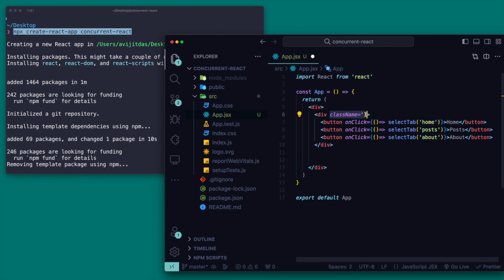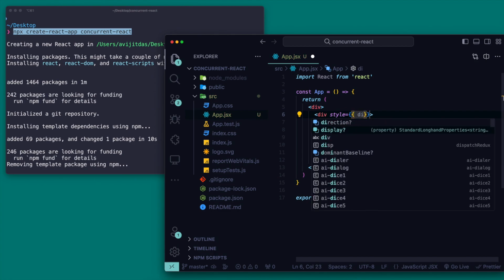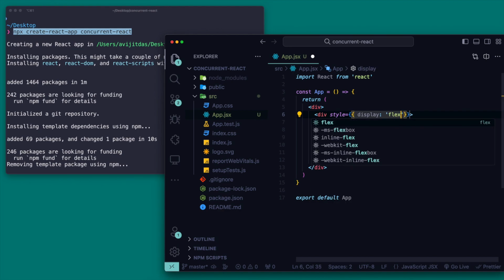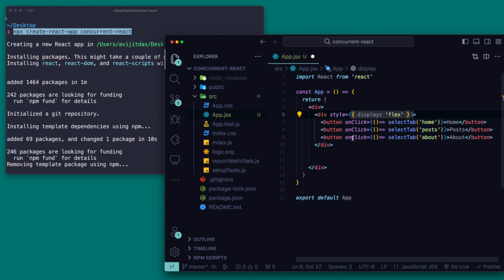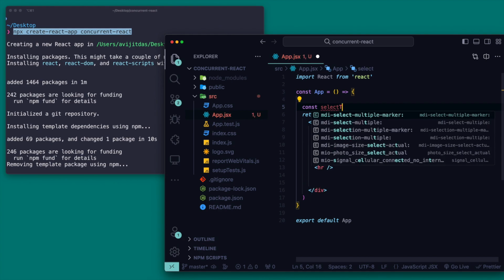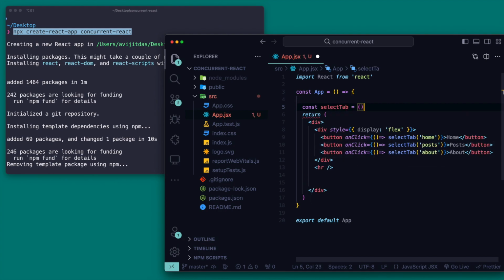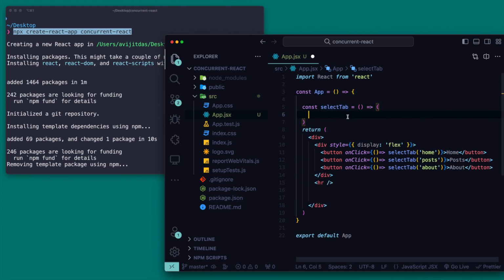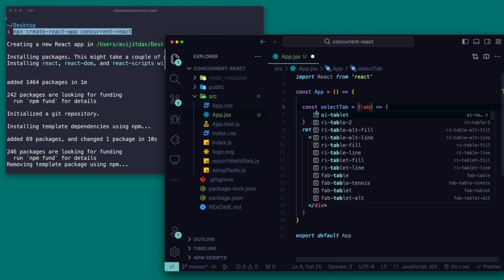And then I will apply some CSS, like I want to apply the display as flex. So here I have to write style display as flex, and after these three buttons I will give one horizontal line. Now I will write the method that I'm calling from those button onClicks. So the method name is selectTab. Now this selectTab actually takes one argument, that is the tab name. So here I'm simply writing tab,